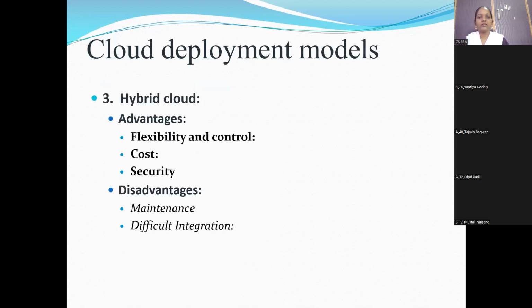So hybrid cloud is nothing but the combination of two. That means we will be taking advantages of both public and private in case of hybrid. And the disadvantages were there, like maintenance and difficulty in integration.